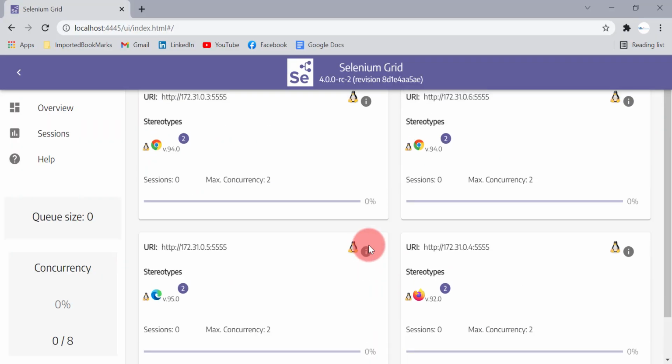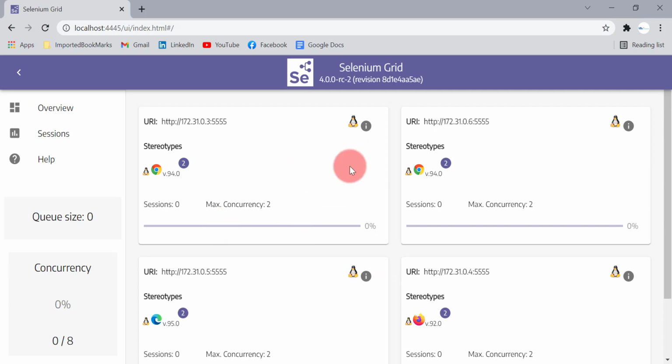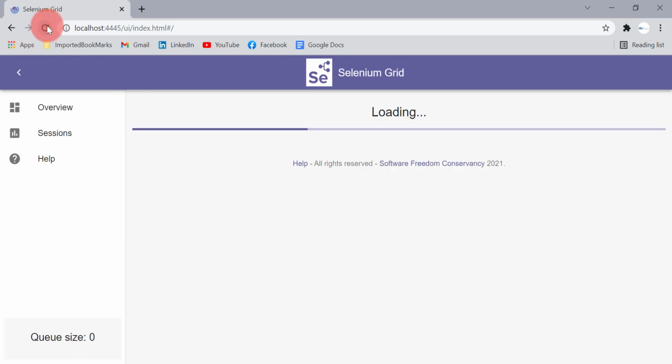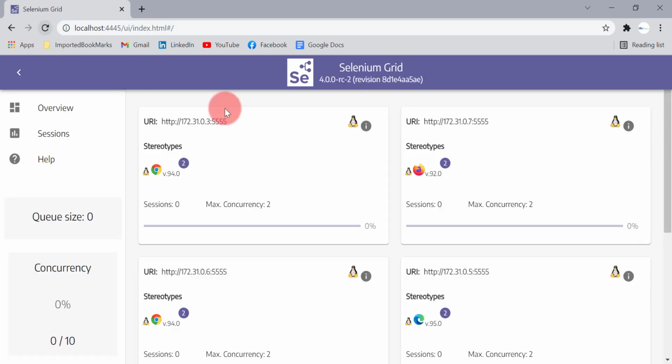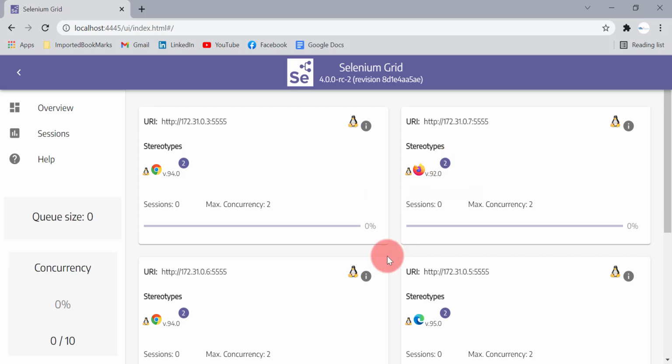Let's wait for a few seconds till the changes are reflected in this Selenium grid. Now I can see there are two node containers running the Firefox browser. So this is how you can easily scale these containers using this Docker Compose YAML file.